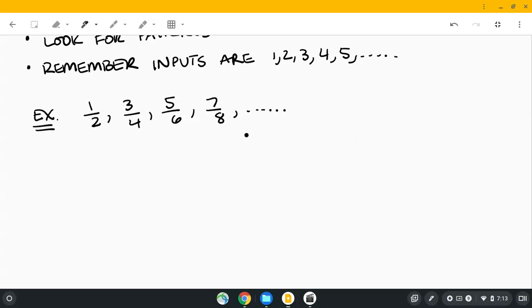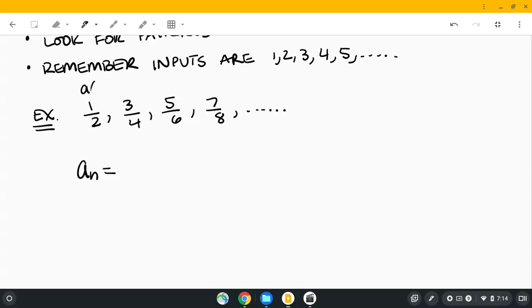Okay, so 1, 3, 5, 7. Those are the odd numbers, 1, 3, 5, 7. When I plug in 1, I get 1. When I plug in 2, I get 3. When I plug in 3, I get 5. When I plug in 4, I get 7. Okay, so hopefully you notice that,